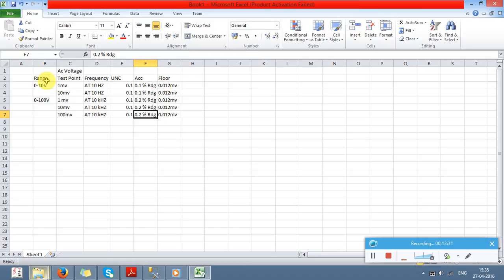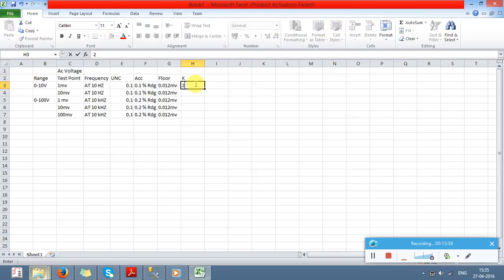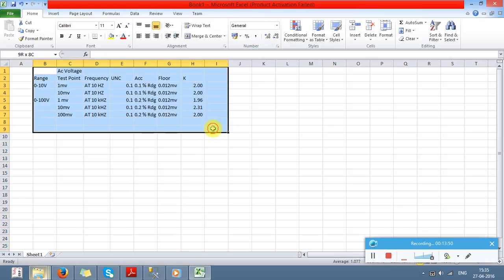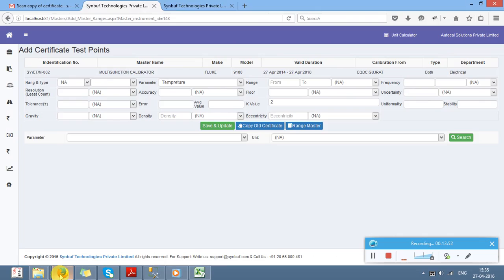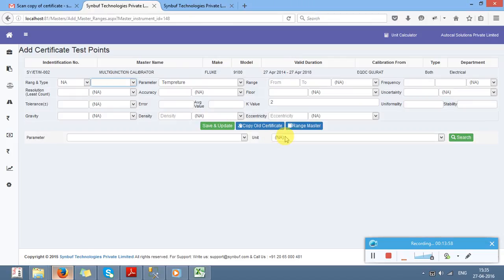Now if you see, this is a parameter and scenario, and the K factor given is 2.0, 1.96, 2.31, 2.00. This is my coverage factor. Now how will I add up this table in my system? I will create the ranges. Two ranges are required, so I will create the range